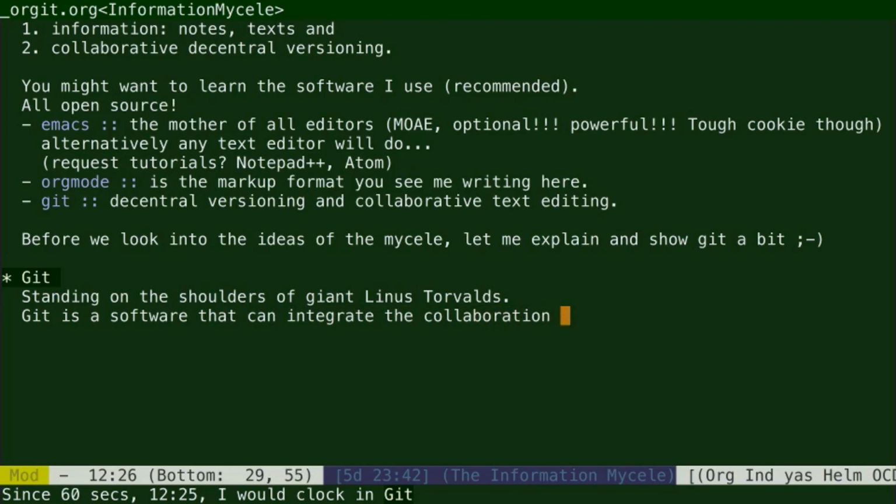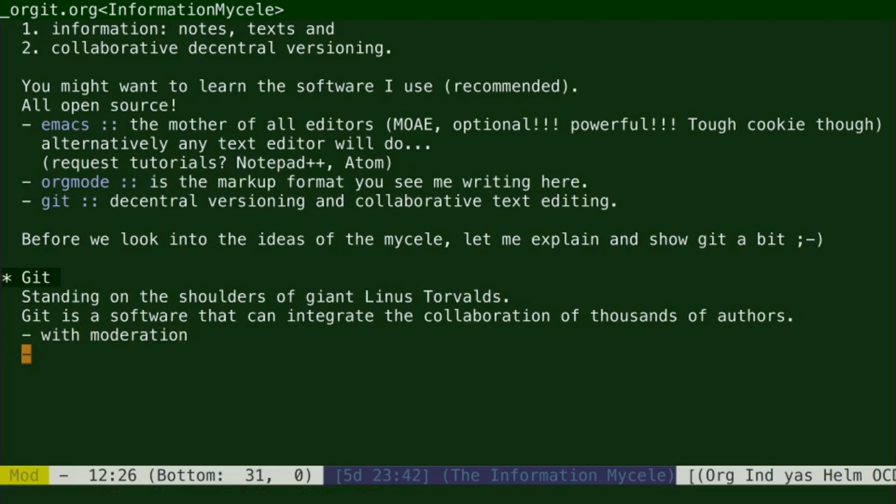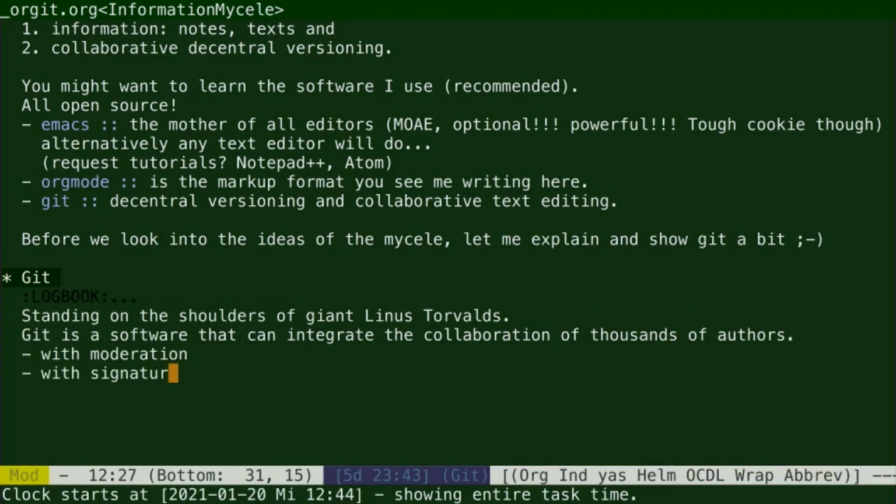The Linux kernel is a complicated piece of software, and many people, thousands actually, are writing on parts for this software, are fixing bugs or adding new features. And Linus Torvalds had the problem that he needed a software to integrate all those changes.